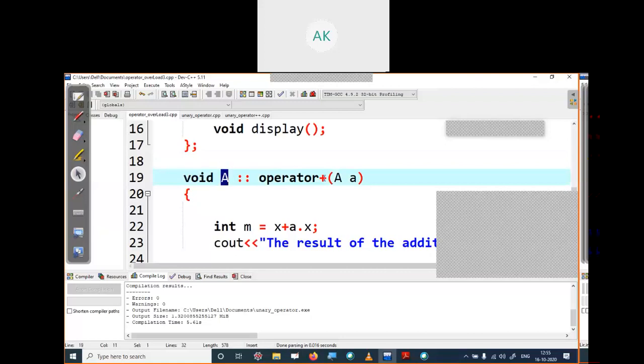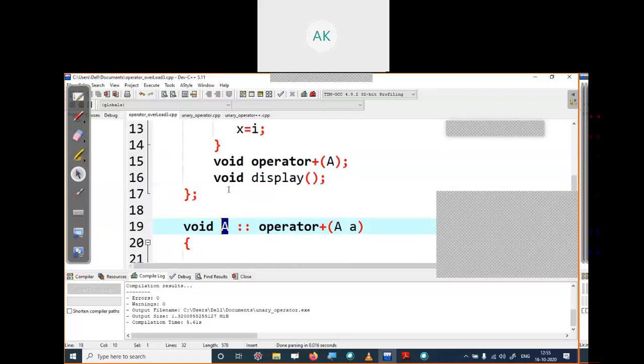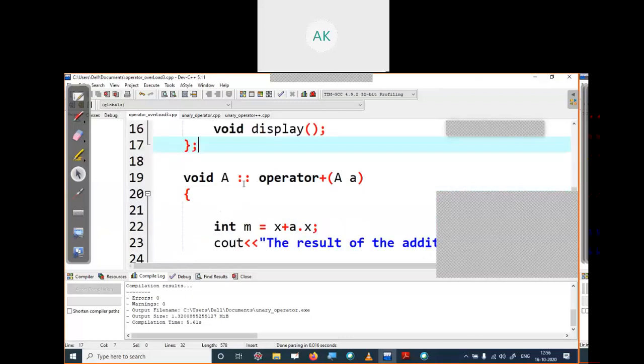This operator overloading belongs to which class? It belongs to class A. So we have to write A because it's outside your class. Your class definition ends at this line. Then we will use the scope operator. Whenever you mention anything from outside your class, you have to use this scope operator.